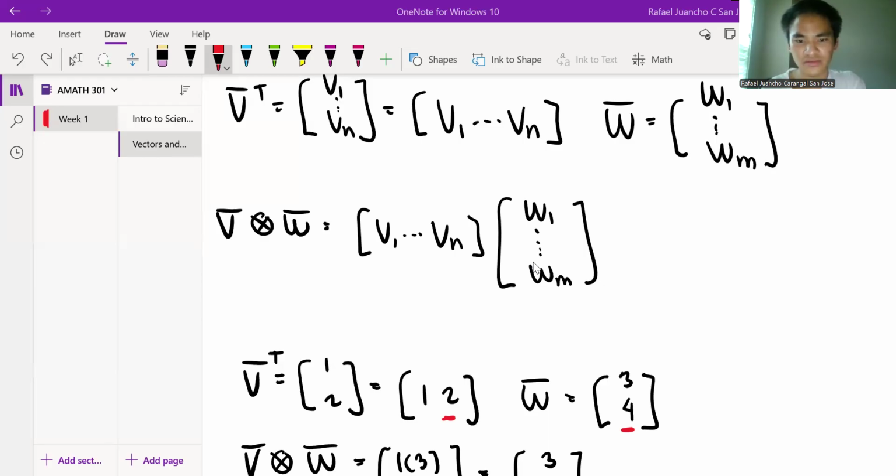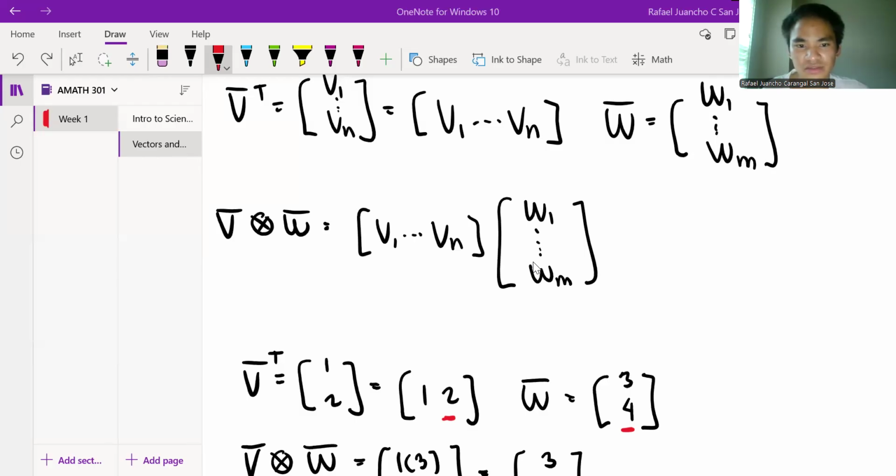Concrete for outer product. Yeah, I do better with numerical examples. If V is transpose and W, and also N, and also the other way. Let me just,